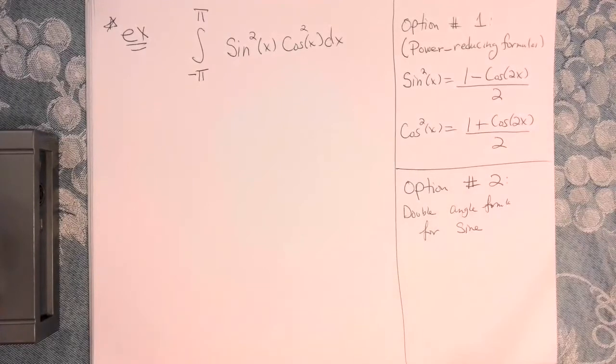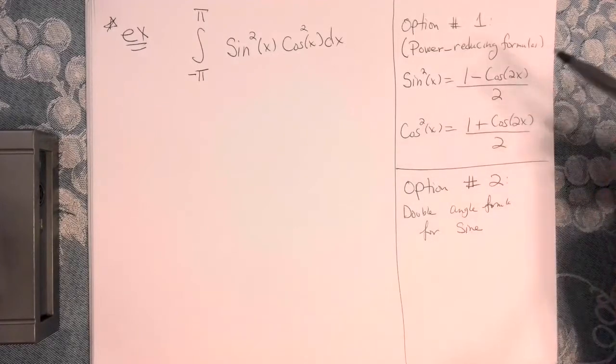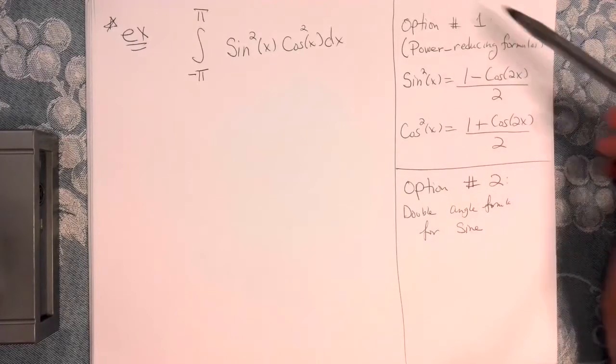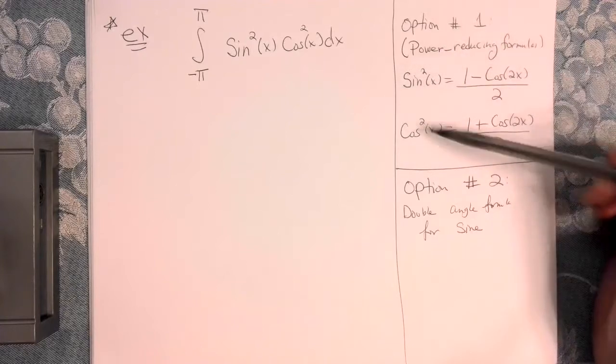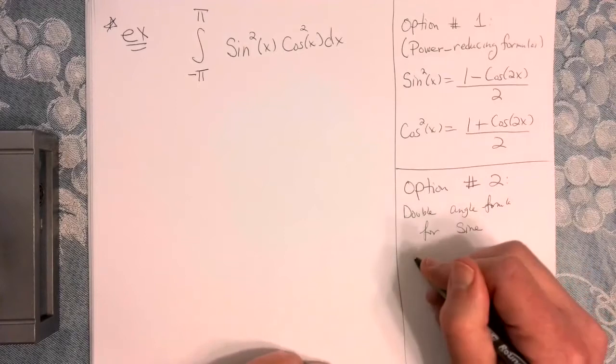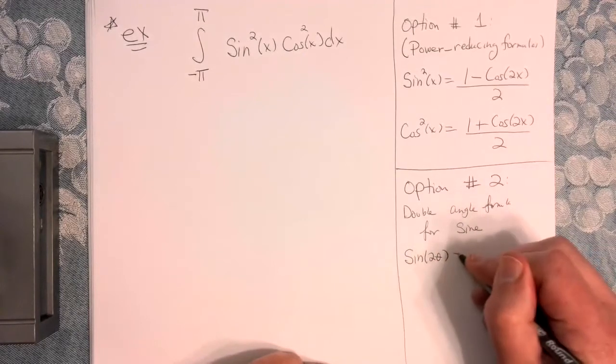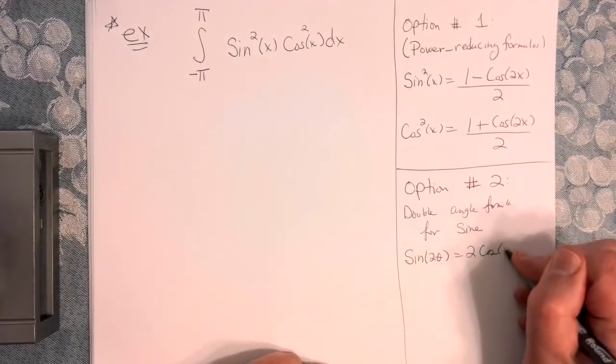For sine. And I think no matter which of these you choose, ultimately you will have to use a power reducing formula. It's just here I think you'll have to use it 2 or 3 times, and here you'll just have to use one of them. So remember that sine of 2 theta, perhaps, is equal to 2 cosine of theta